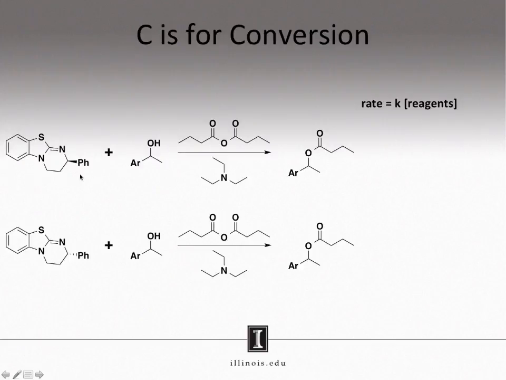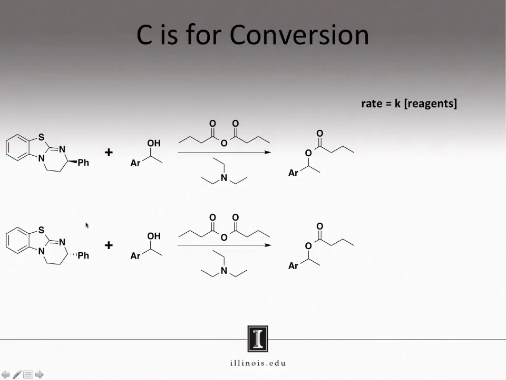Okay, so we have two reactions. Each reaction takes the same alcohol to make the same product. The only difference between these two reactions is the enantiomer of catalyst used. One of these reactions will be a matched case where the enantiomer of the alcohol is matched with the enantiomer of the catalyst, whereas in the other reaction, the enantiomer of the alcohol will be mismatched with the enantiomer of the catalyst. To explain why this is useful to us, we have to go back to general chemistry for a bit